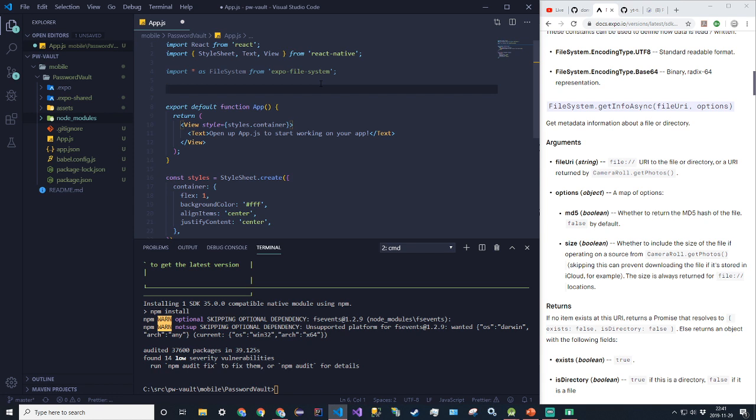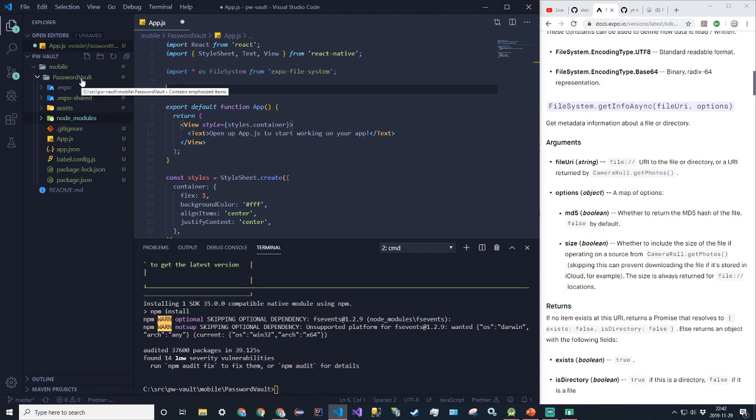So this is going to return a promise. I'm not a JavaScript expert. I don't know what the hell that means. But I just know that you need to use some sort of weird syntax to actually make sure that it executes this in the proper order. So the way we're going to actually get the data from this is we're going to say, well, we can actually just create a new folder here and call it data,